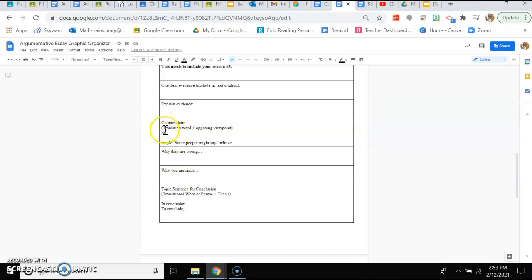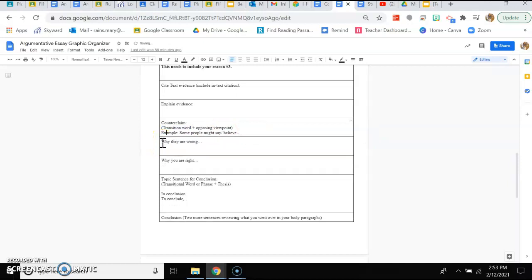So for the counterclaim, you're going to find a transition word or phrase that basically shows the reader that you're going to do a counterclaim. So it says something about in opposition to, or consequently, or something like that. What you can use, which I've given you guys right here, is some people might say, or some people might